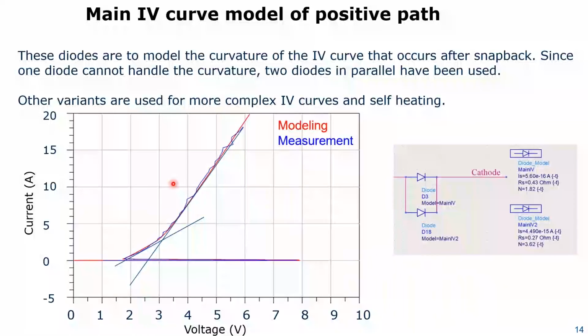Now look a little bit more in detail at an IV curve, current, voltage. This is from a TVS diode. We see the thing is not just one slope, but has 2 slopes. So there's an overshoot, 1 slope, 2 slopes. Now to get 2 slopes, we just put 2 diodes in parallel, modify the parameters here, modify the parameters here, and we see the red curve is, I think, the modeling. It matches not badly to the device.